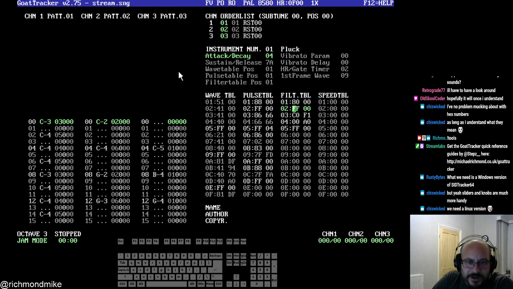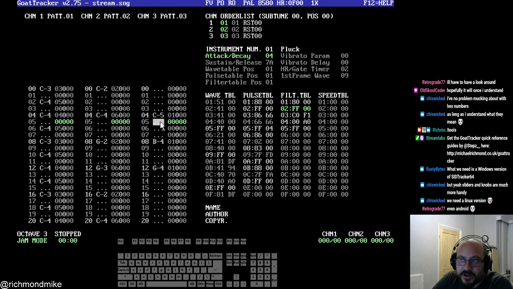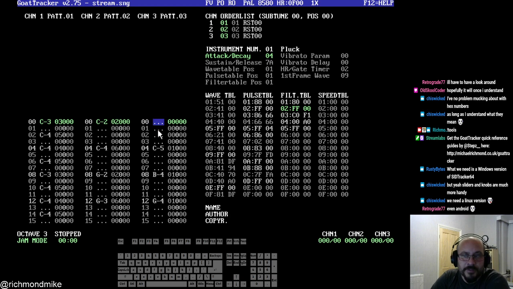So what we really need more than anything else is a GoatTracker style interface that produces sounds compatible with GoatTracker. And I know that Jason Page is working on one, but I've not seen any progress in that for some time. You might have seen GoatTracker, which came with the Rob Hubbard Kickstarter. It's better than this, but it's also an absolute nightmare, and it only produces output in assembly language format for